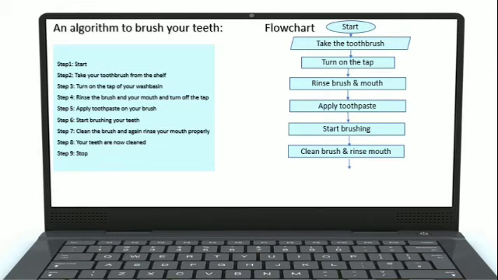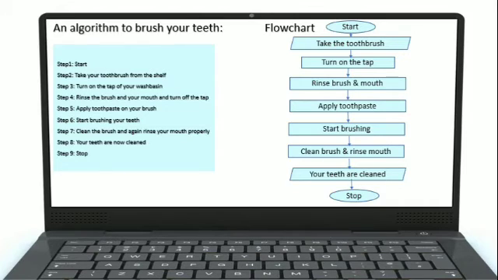Start brushing, clean brush and rinse mouth. All these are the steps of the process which we are following. So I have written all these steps, meaning the process, in the processing box. Now we have got the result, meaning teeth are now clean. So this is the result we were looking for. So this output is written into the parallelogram shape box, and finally the oval shape box is used to write the last step, that is stop.